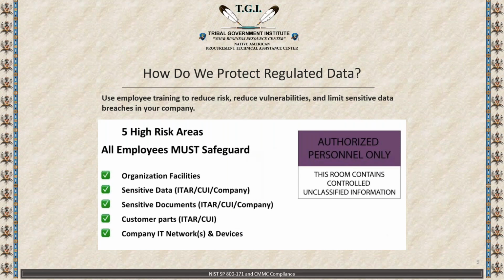All of this impacts company IT networks and devices. What the government wants to do is have you implement the technology controls and secure where and how the data flows. This includes the physical environment and the digital environment. The questions you always want to ask yourself are, where does the data flow? Who touches the data? What devices does the data traverse? And who do I need to share the data with in order to execute the requirements of the contract?